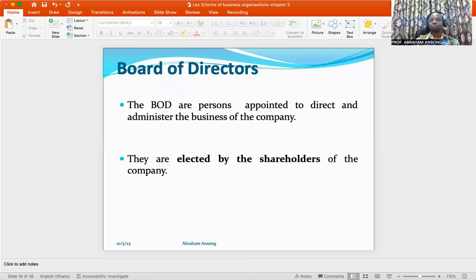To make sure that these companies are properly governed, you need somebody to regulate the affairs of the management of the company. Don't forget, management did not put in any money. And so if you don't have anybody or group to supervise the activities, it is very likely that they will abuse or misuse the resources of the company. Okay, so in place of the shareholders that may not even have knowledge in business, they would then appoint or elect a group of persons known as the board of directors to oversee the activities of the management of the company.